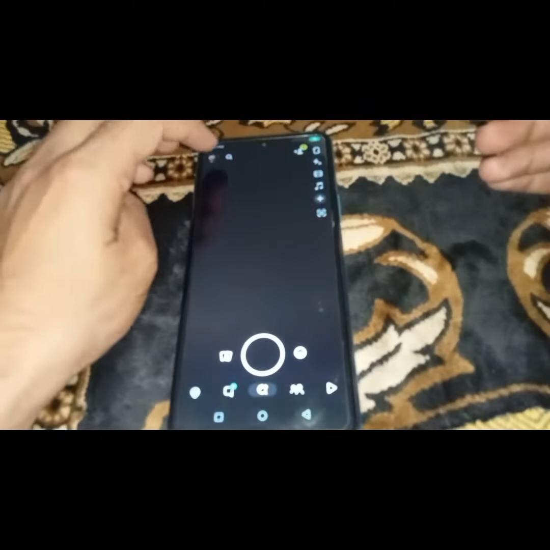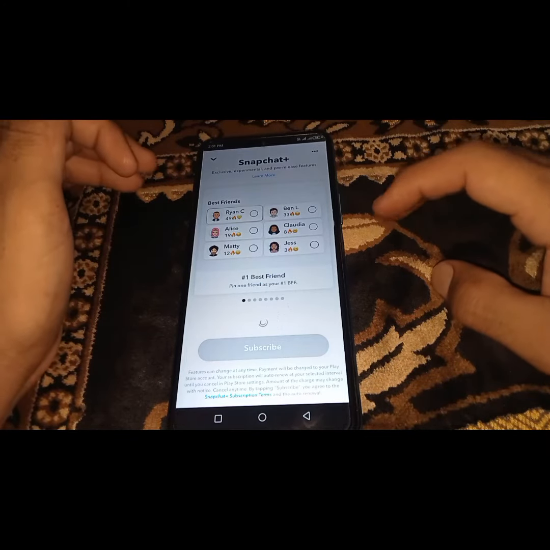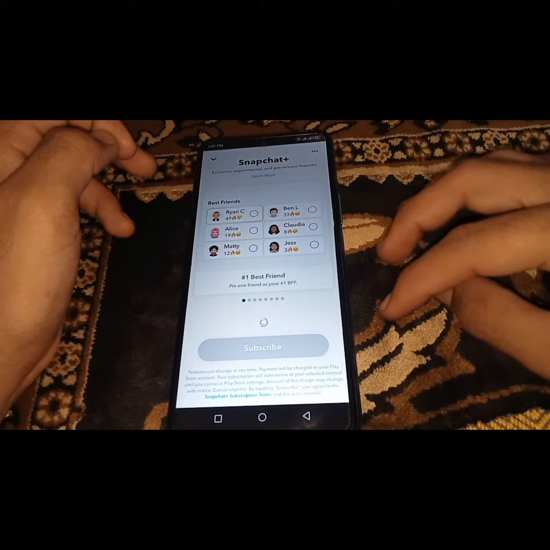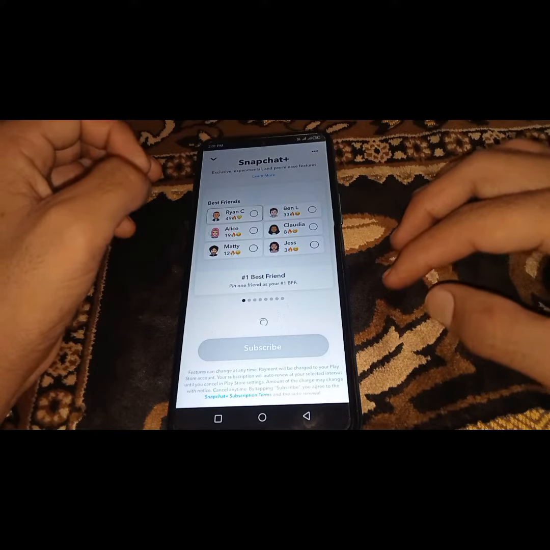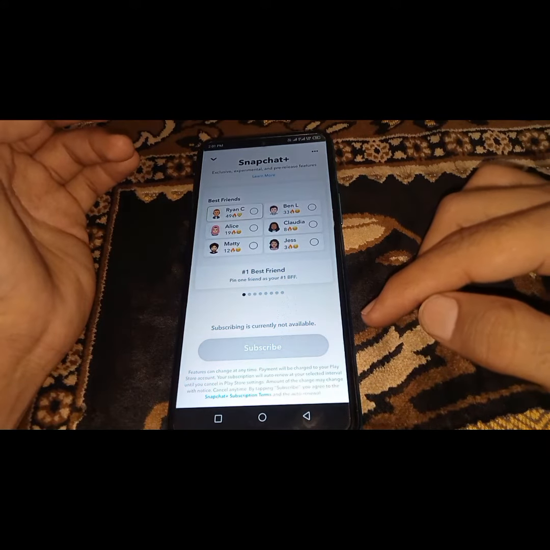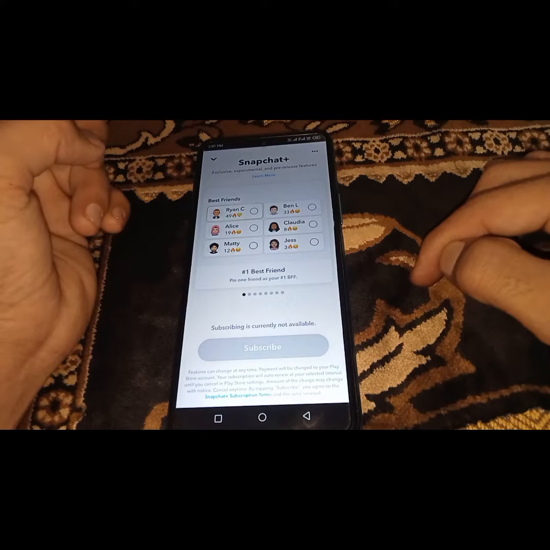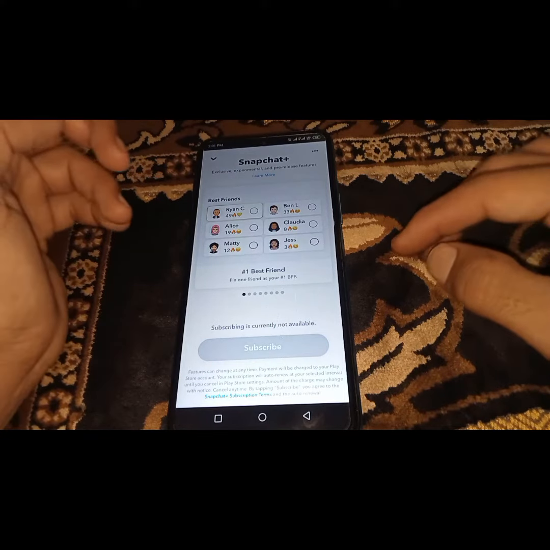So guys, in this video I'm gonna be showing you how to fix Snapchat Plus subscription is not available. So guys, as you can see, when I am going to use Snapchat Plus, it's showing the error subscription is currently not available. So what you need to do guys is just simply you have to use your older